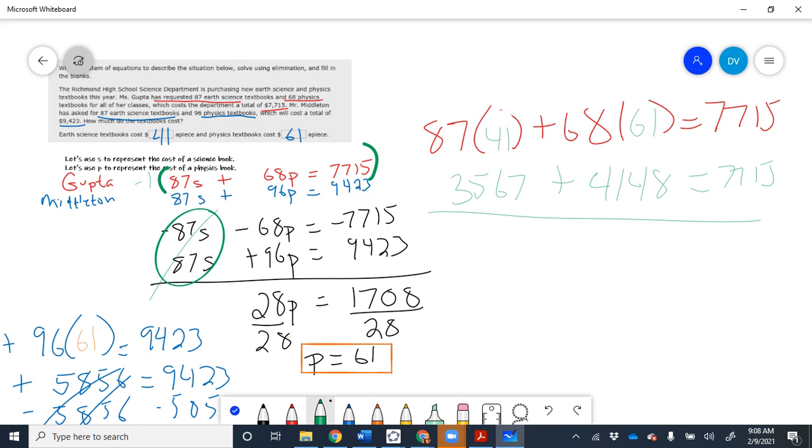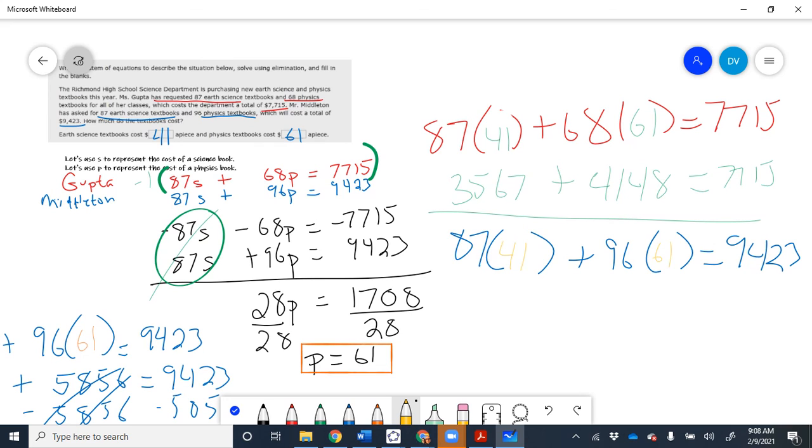Now, that's not really enough. We also should check it. I can't emphasize this enough. You should do this. We should also do the blue one, 87 plus 96, and that should equal 94.23. So this time, same as before, we're going to put 41 here and 61 here. Okay, 87 times 41